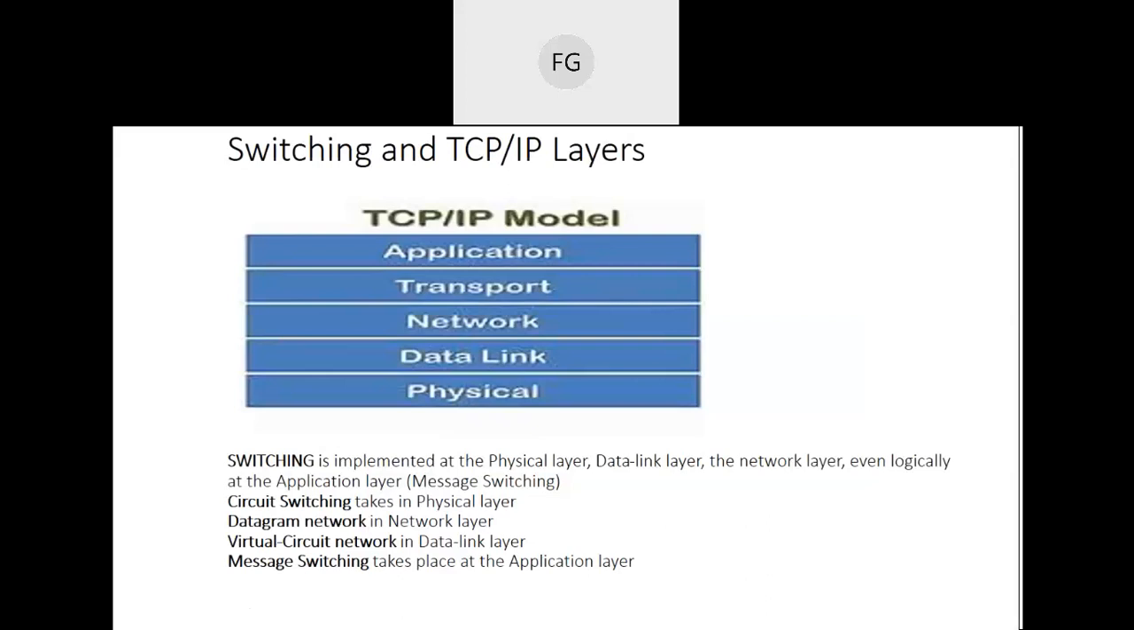Here, let's see which method of switching occurs in which layer of the TCP/IP model. Switching is implemented at the physical layer, data link layer, the network layer, and even logically at the application layer. And circuit switching takes place in the physical layer. Datagram network, which is a form of a packet switch network,